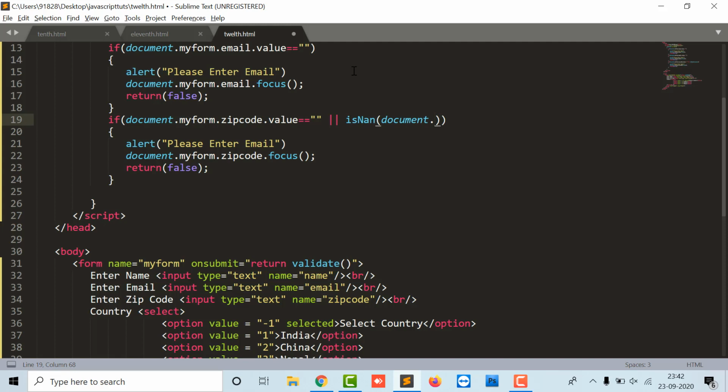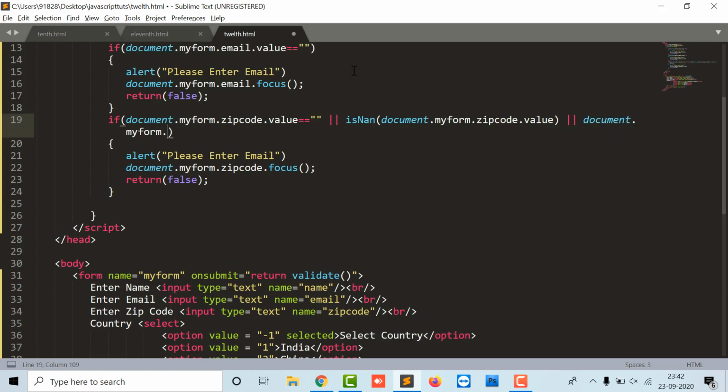Document.myform.zipcode.value, and also I am checking with document.myform.zipcode.value and the length function.